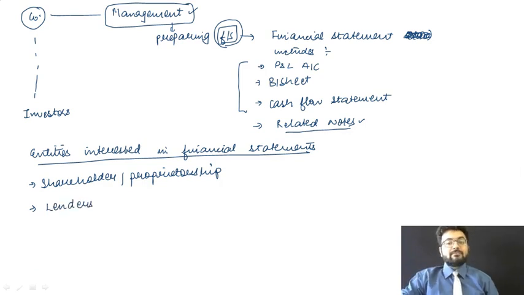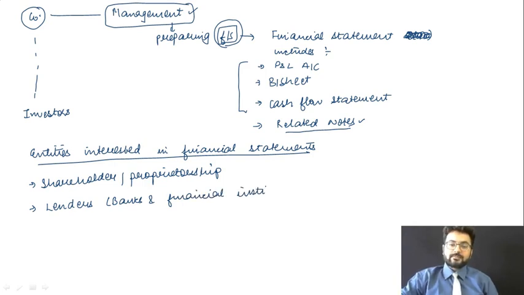After that, lenders. The people who have given you loans. Lenders, that is banks and financial institutions. Banks and financial institutions. They are going to be interested. Definitely. If this company has availed a loan from Patanjali Bank,